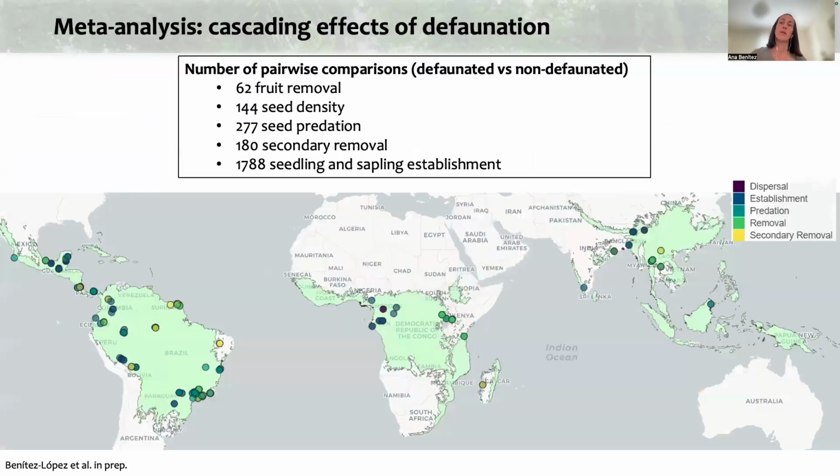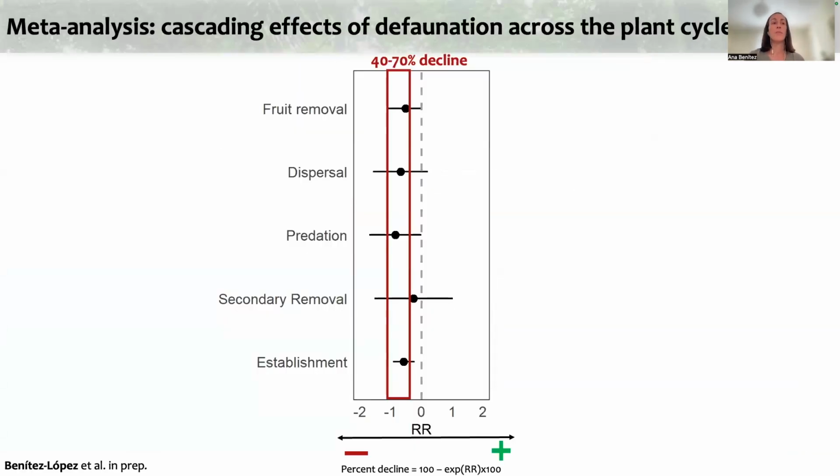But this is for a region in the tropics. What's happening across the tropics? Can we see similar patterns? This is some work that I've been working on for many years because it's quite an effort to gather all this information. Basically, I'm retrieving information on fruit removal, seed density, secondary dispersal, and seedling establishment in defaunated and non-defaunated forests across the world, and seeing where we can see a signal of defaunation on the recruitment patterns of different plant species. And overall, this is still very preliminary,